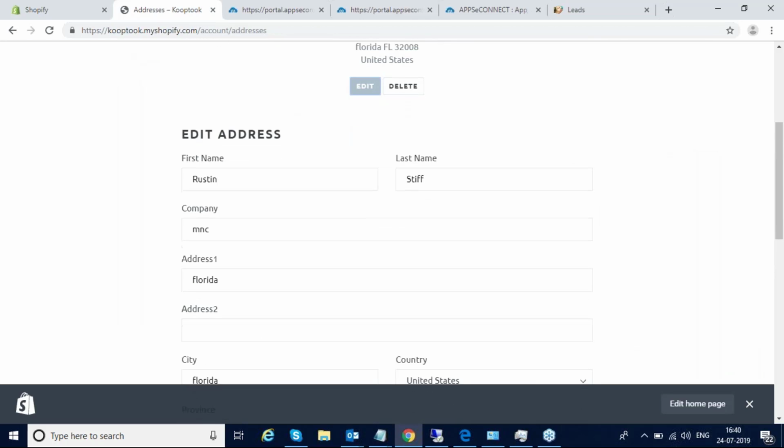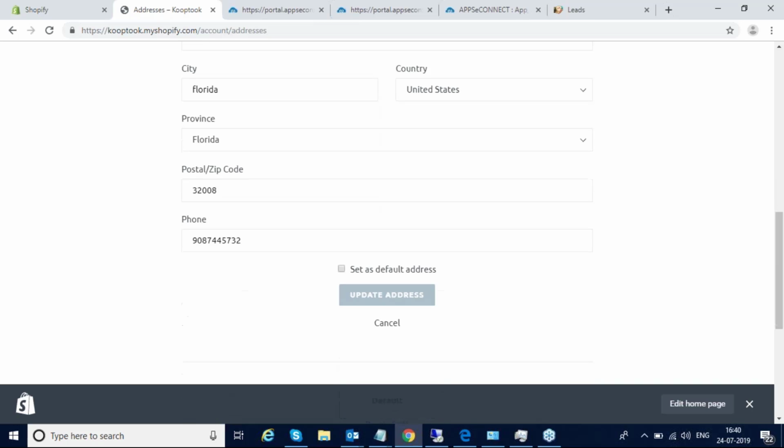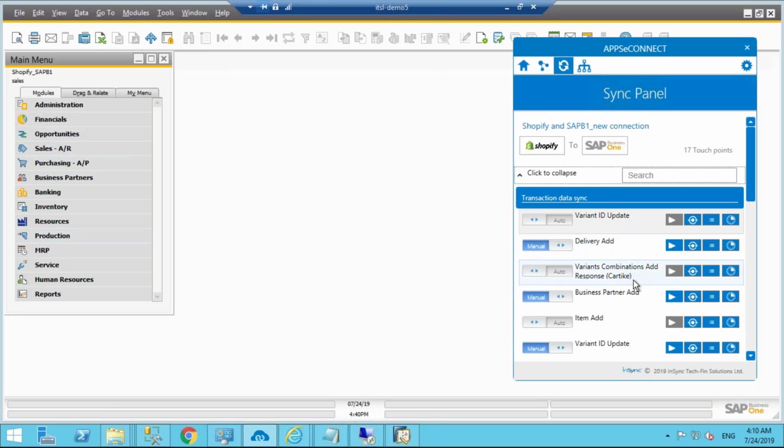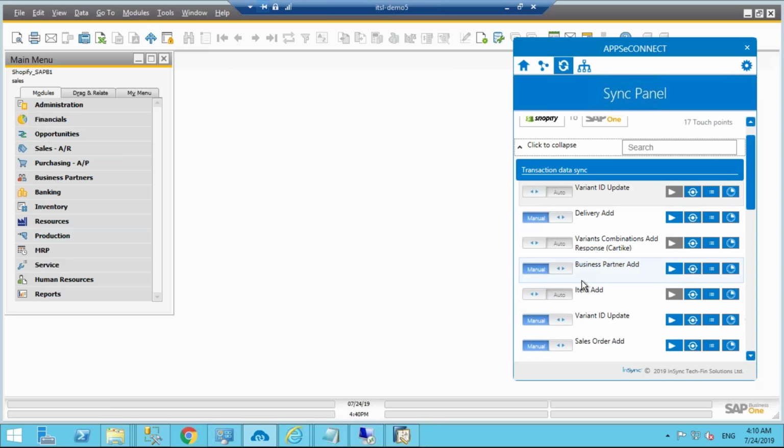So first one is Shopify with SAP Business One, and the first integration point is customer. Online customers can be registered from the Shopify front-end store. Just like here, they can provide their contact details and address details. And then after the customer registration from the Shopify store, we can quickly go into the agent, and here we have different integration points already listed.